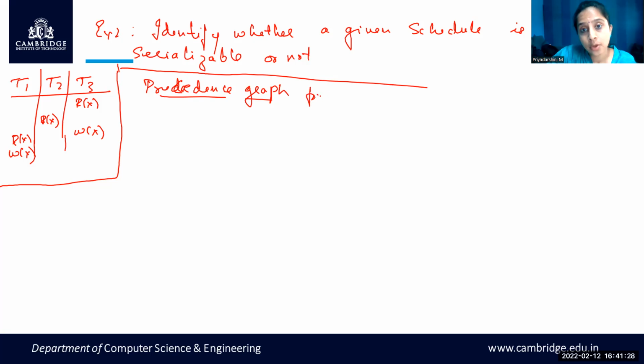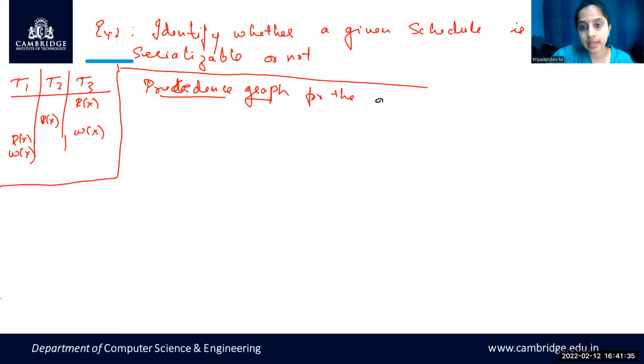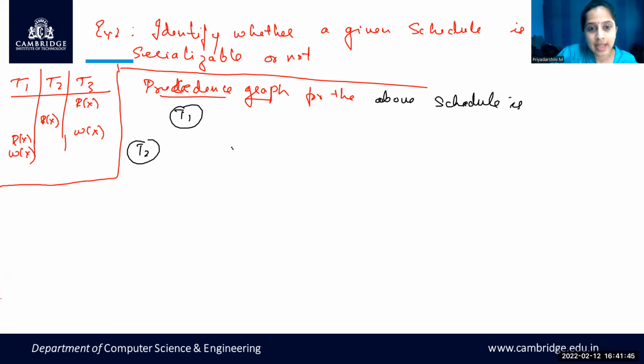The precedence graph for the above schedule is, now how many transactions do we have? T1, T2 and T3, right? Now find out here: from T3, read and read I don't have anything. Start from T3 to other operations also. From T3 what do I have? Read and write I have from T3. So T3 to